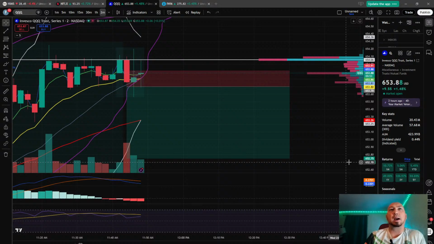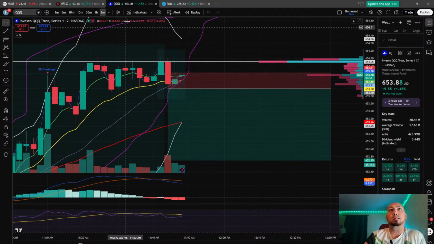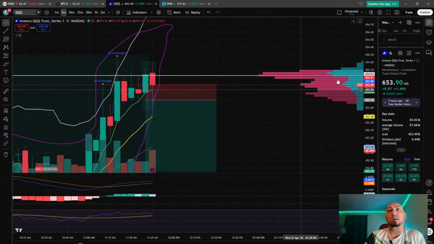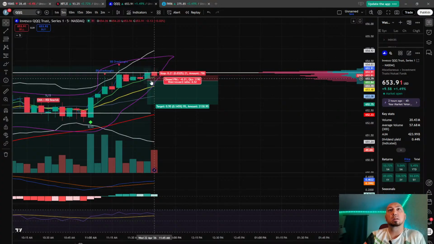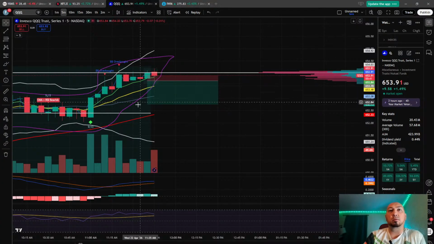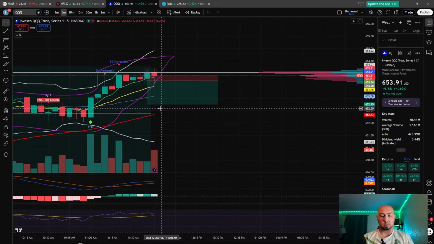Let's see. We do have EMAs converging, Bollinger Bands converging. Let's move to a farther time frame and see if it's helping anything. We have some upward movement of EMAs. It's nothing wonderful.